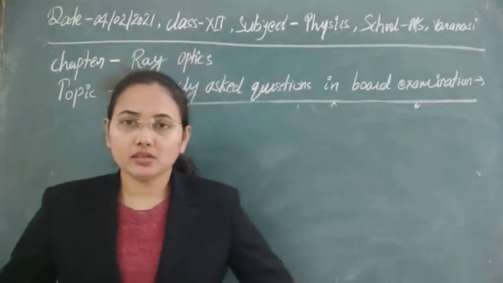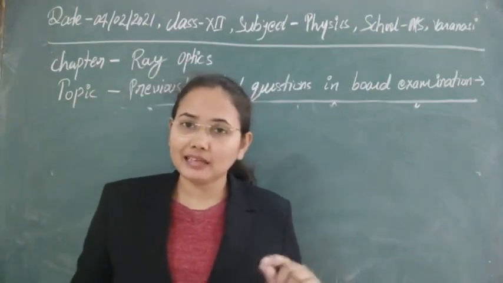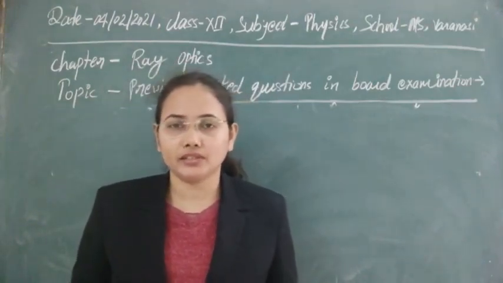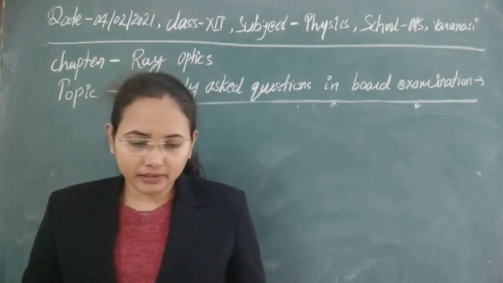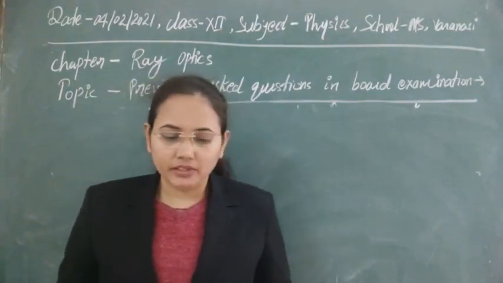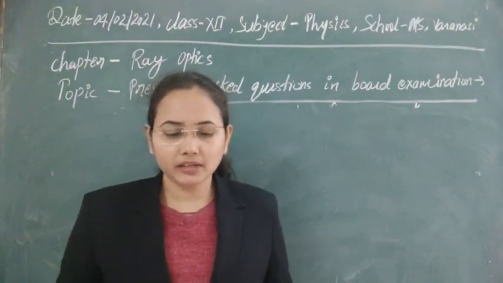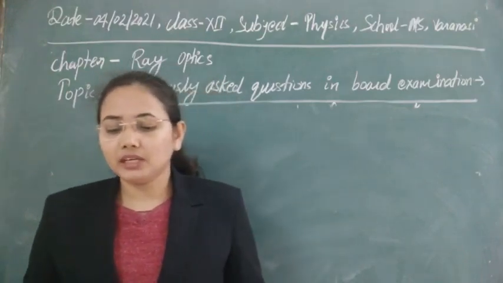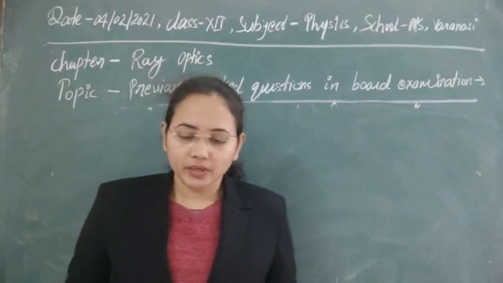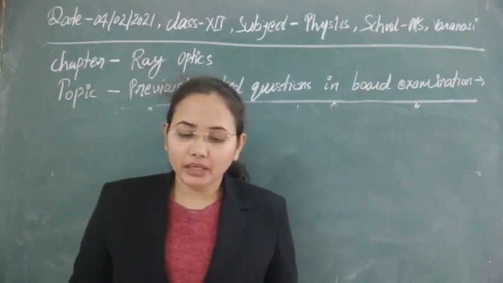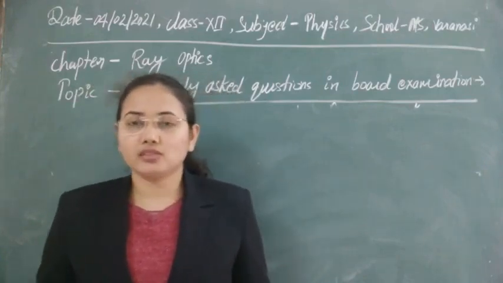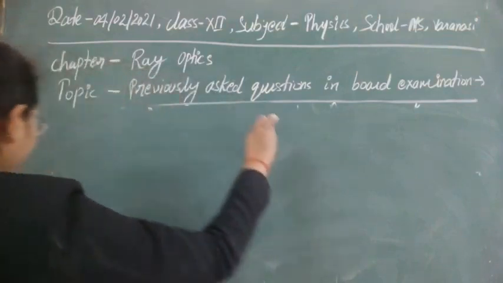So next question is of 5 marks, and there are 3 questions contained in one question. First it is given that a biconvex lens with its 2 faces of equal radius of curvature R is made up of transparent medium of refractive index mu1. It is kept in contact with the medium of refractive index mu2 as shown in the figure. So let's see the figure here first.